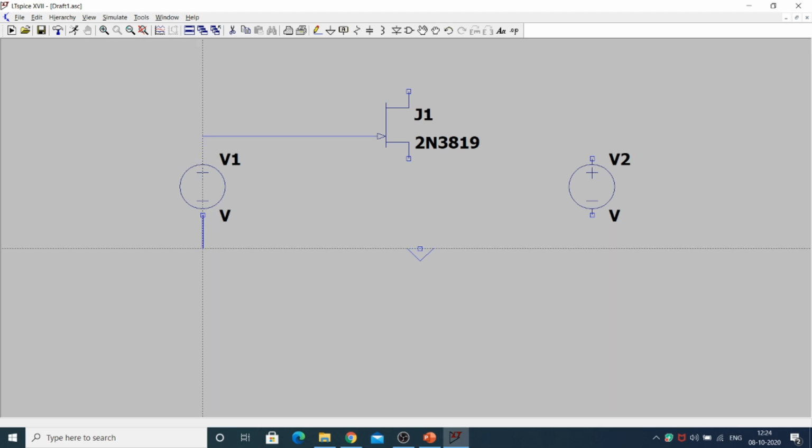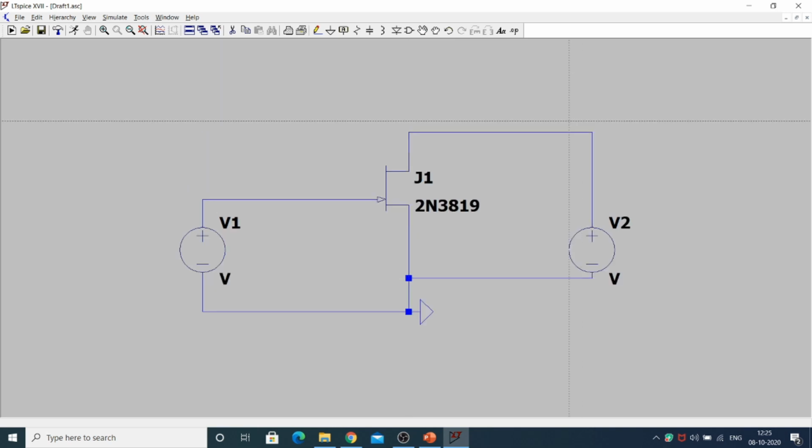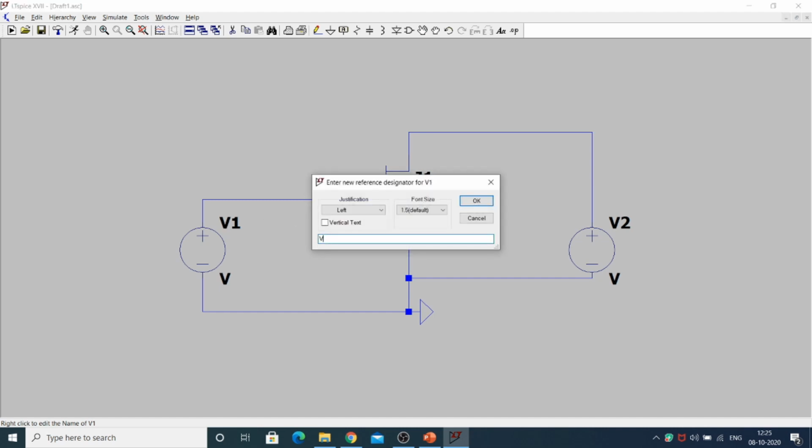Again from the other negative end to ground, from the source to ground, and again from this negative to ground, and the positive drain is always with respect to positive. Now the connection is over. Remove the wire. Now this term represents VGS. This one is always VDS.